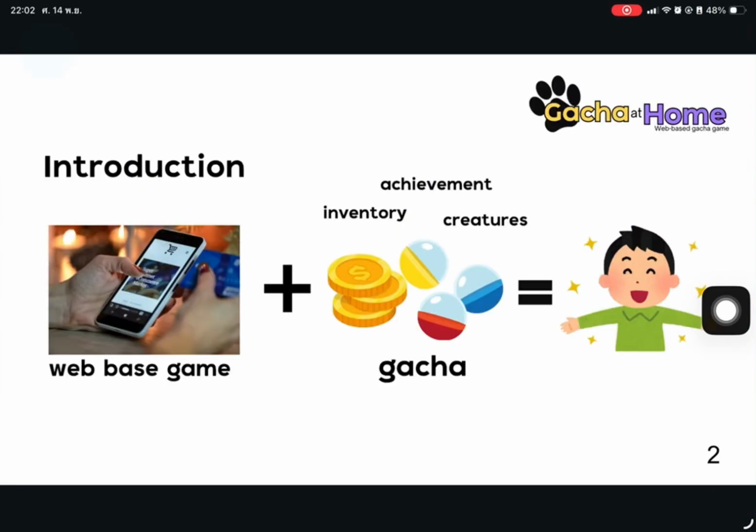Gacha at Home is a web-based gacha simulator game designed to provide the player with a casual and engaging collecting experience. The game incorporates classic gacha mechanisms, allowing the user to tap to earn in-game coins and spend them to obtain a randomized creature of varying varieties. Players can browse their creatures, collect evolved units, manage their profile, and track their progress through achievements.